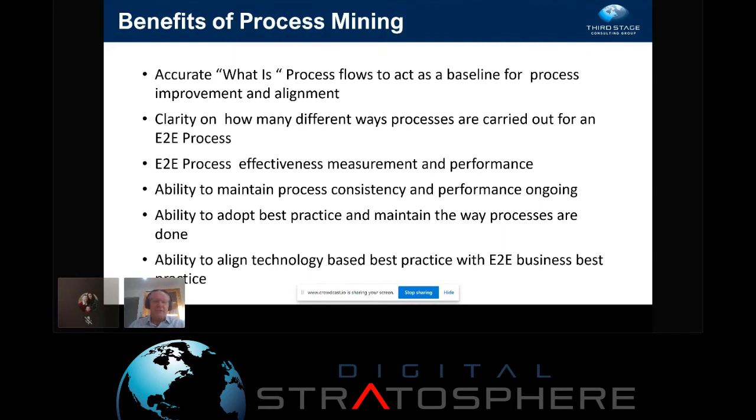And then we look at process effectiveness. If we actually measure the performance of a process, then that becomes evergreen. If we ever do anything else in the way of putting in a new digital platform, a new change to the business, we have a really clear understanding of how our business operates. Whereas today, many businesses don't have that. And so they embark on, it's like a mystery tour of how to put in a digital platform where I don't even know what processes we do. I don't know what the impact's going to be by putting in best practice. And so at the end of our delivery, we find that we've got these gaps. All of a sudden, it doesn't do it the way we used to do it, because we had 10 spreadsheets